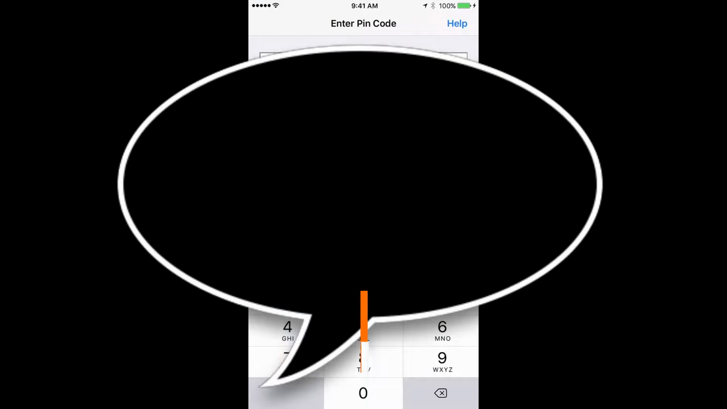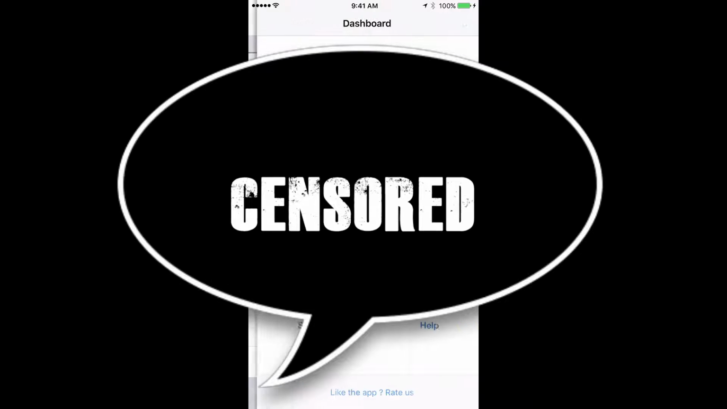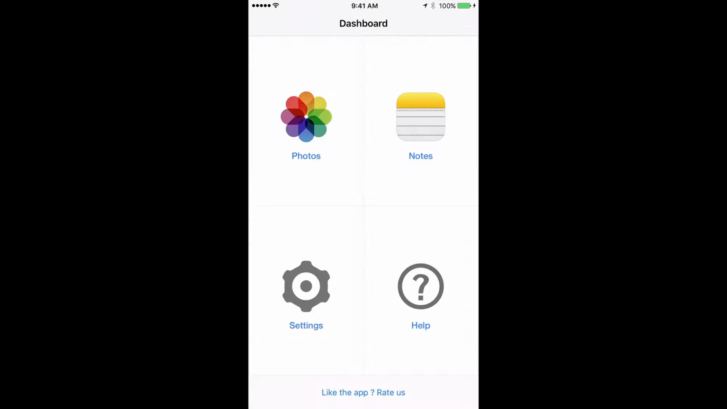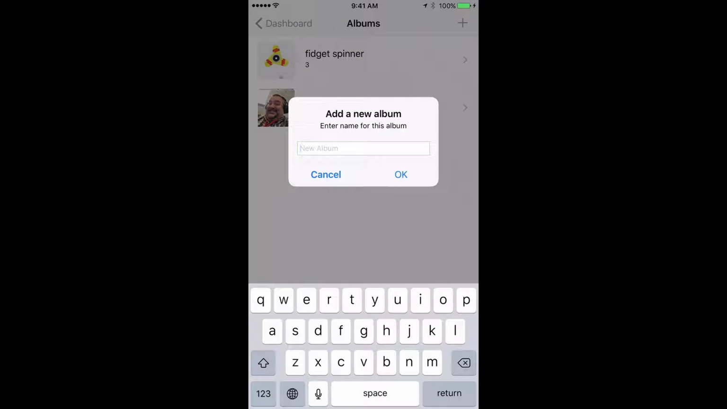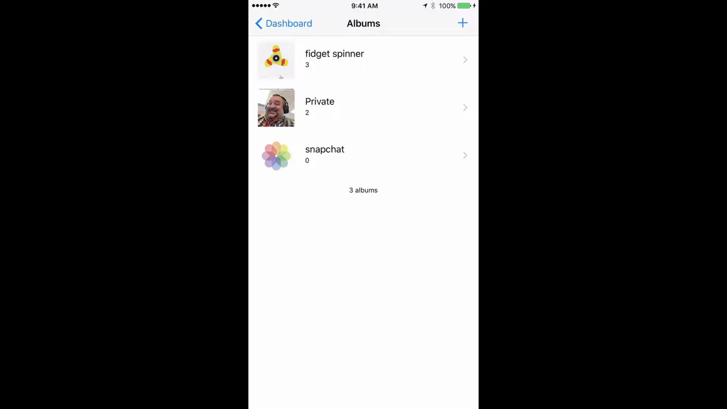So all Hide It Pro is, don't tell anybody but my pin, is an app where you can hide your photos and your videos. You can keep them private. So if I wanted to create a new album of private photos, I can say Snapchat. Okay, so now